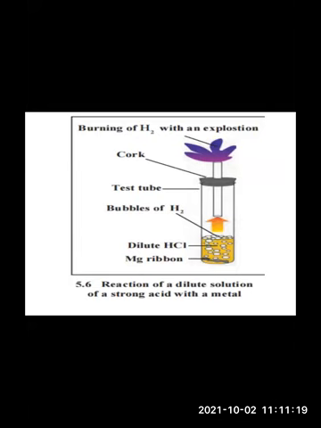Okay. Hydrogen gas will be reacting with a pop sound and the reactive magnesium metal will displace hydrogen from the acid. Okay. So what the magnesium metal is doing? It displaces the hydrogen. That means it changes the place of hydrogen from HCl acid and releases hydrogen gas. Okay. And at the same time, what happens to magnesium metal? Magnesium metal will be converted to radical, which combines with acidic radical from acid and it forms magnesium chloride and it is a salt.